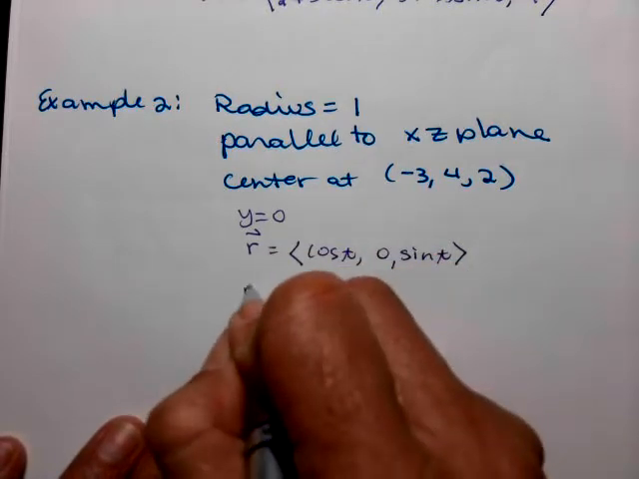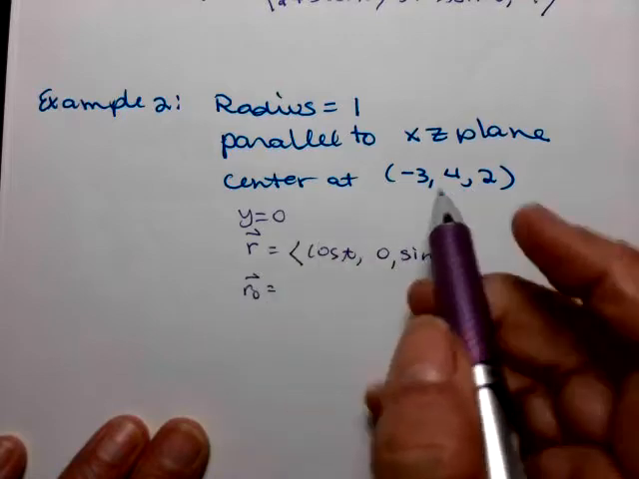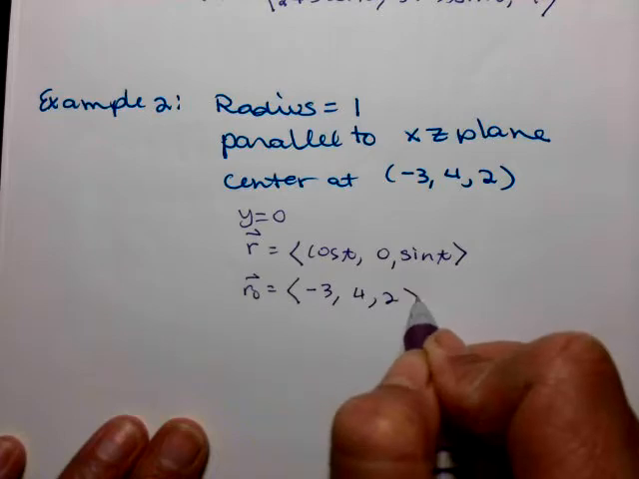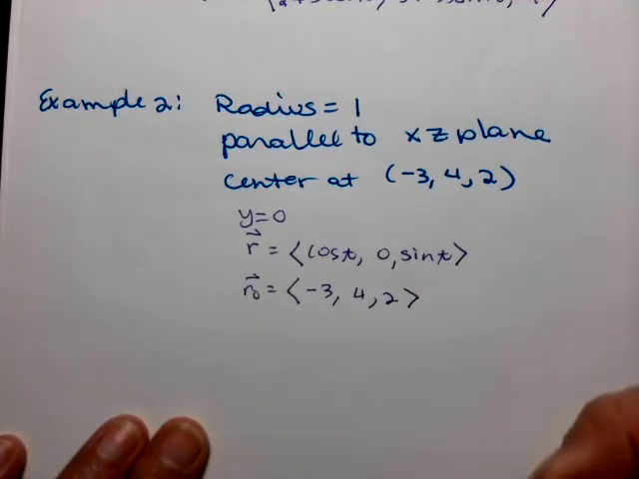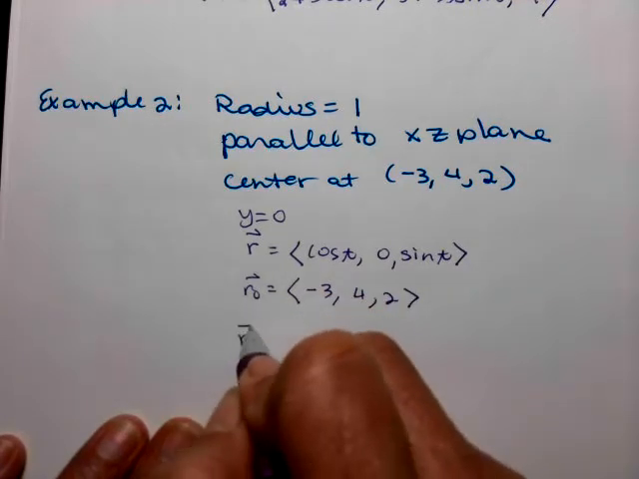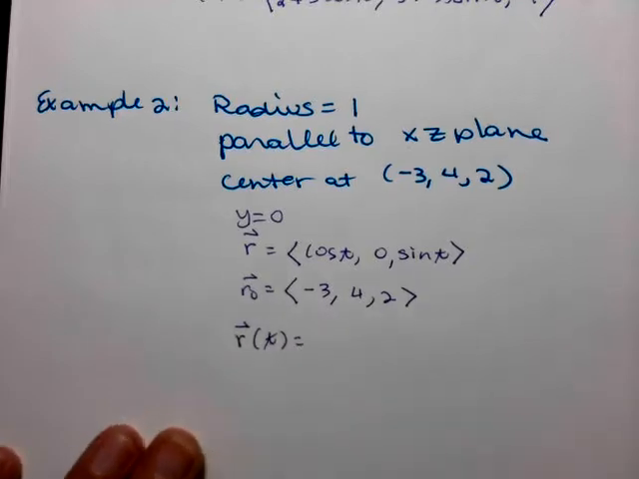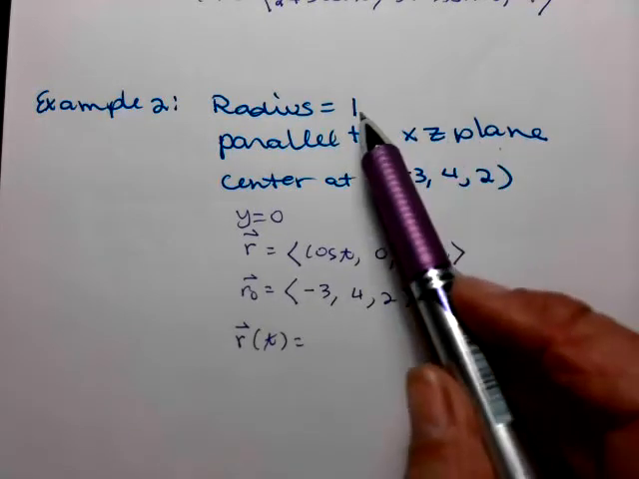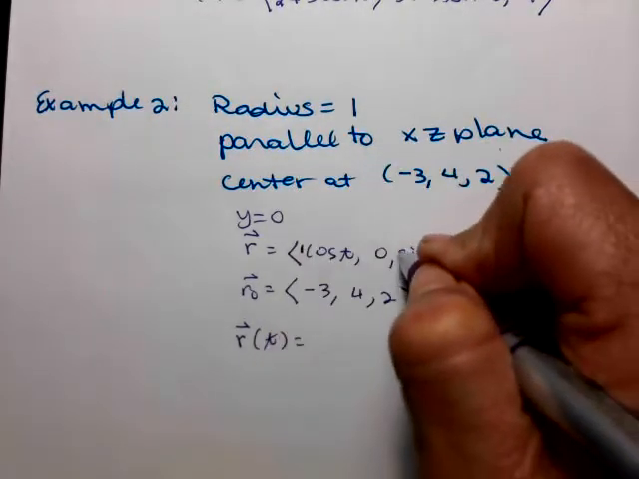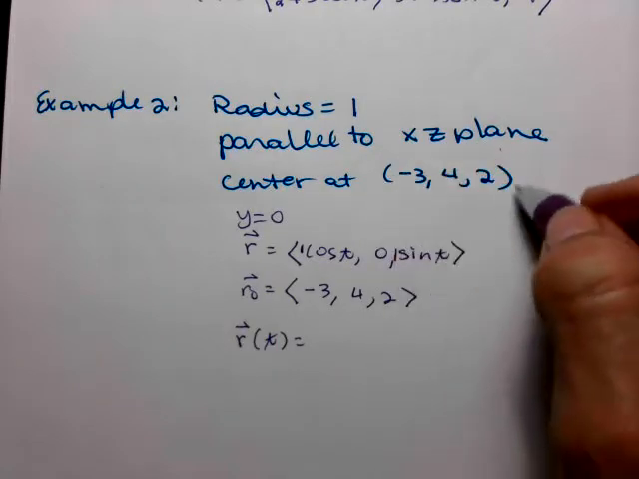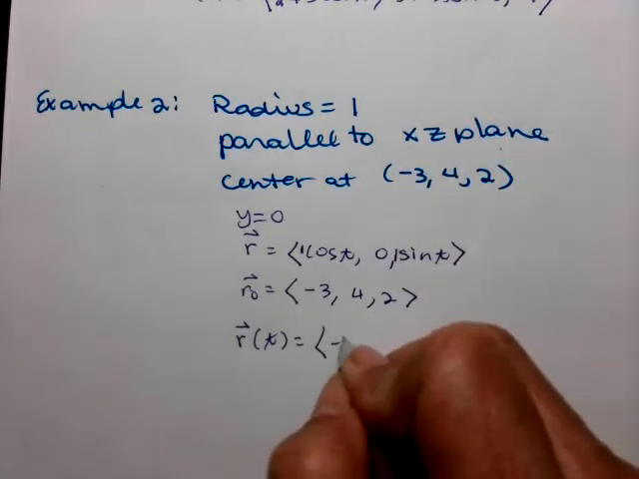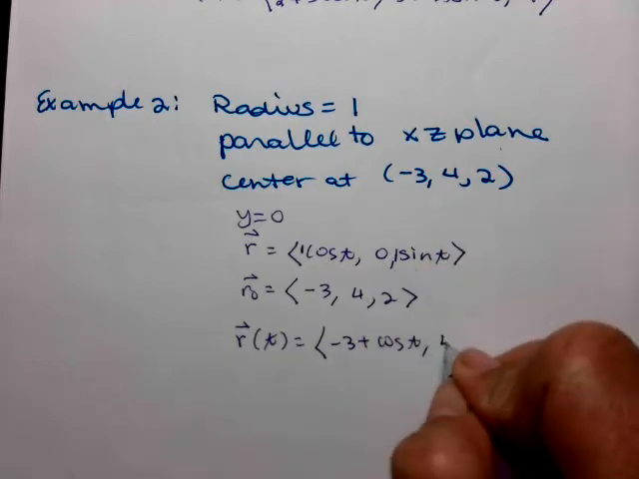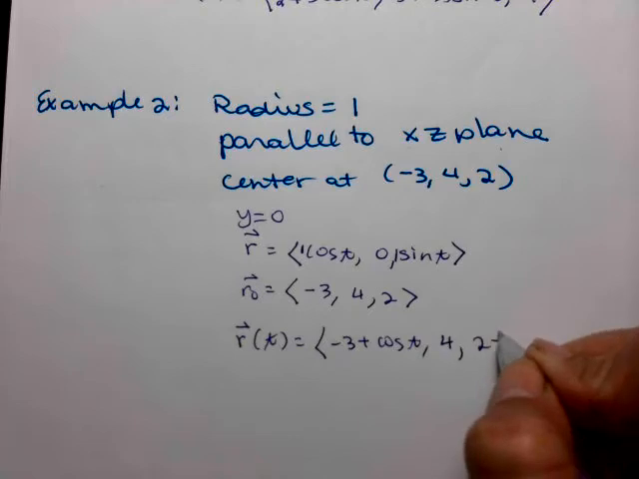Let's go ahead and find an R0 vector, that position vector to get us to the center. So that'll be -3, 4, 2. Okay. And then we're just going to add those two together to get the vector that describes, right, that circle that's parallel to the xz plane with a radius of 1. So that was the one that was here in front of the sine and the cosine. Okay. But now the center, right, is going to move. So -3 plus cosine t, 4 plus 0, or just 4. And then 2 plus sine